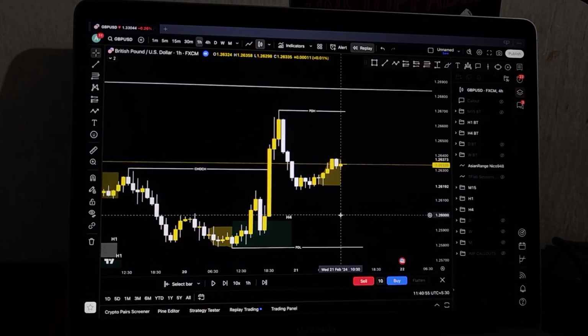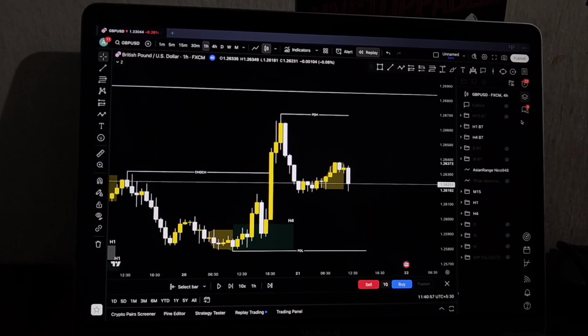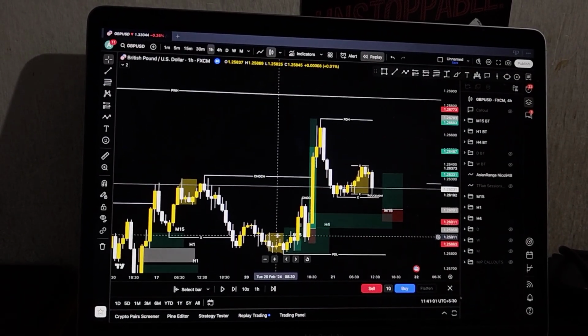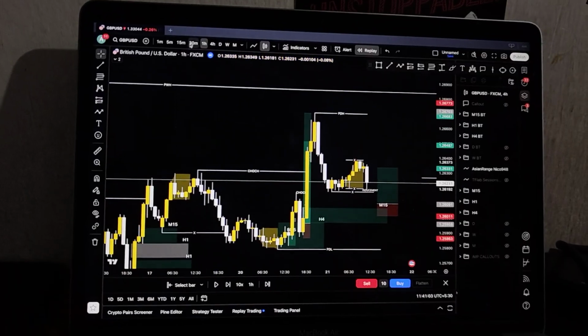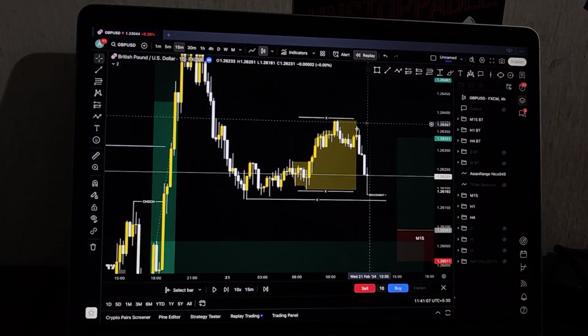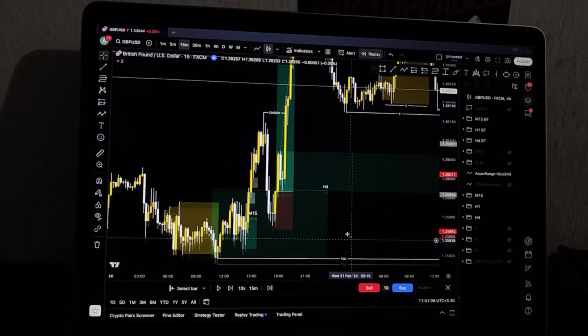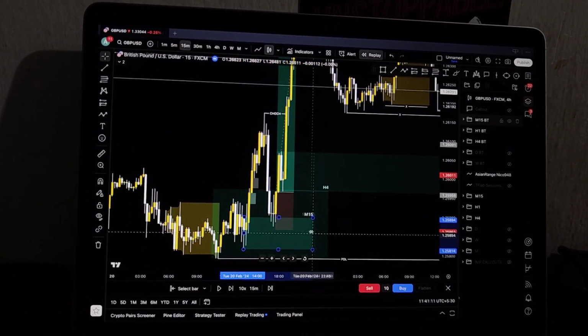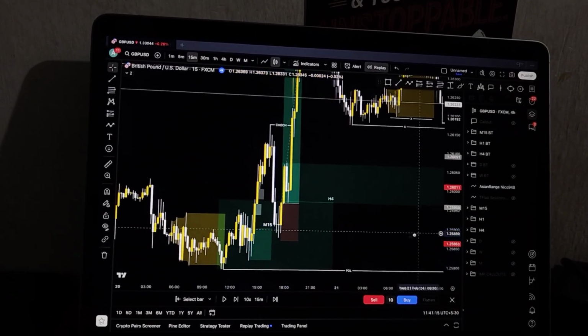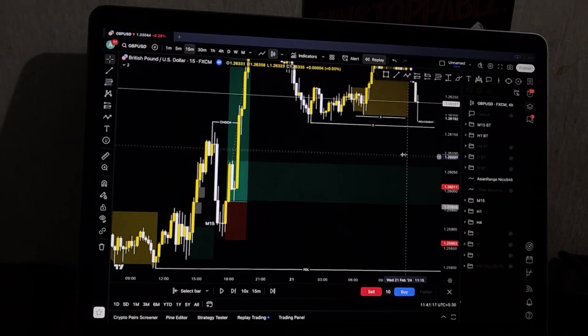So on Wednesday I wait for the Asian range to close as always, and I decide my zones to trade. On Tuesday I took a trade here, right? But that was a continuation model, and I was not confident in taking this trade. So this was an M15 demand with the Asian range. It was a continuation model within the demand zone in the Asian range.